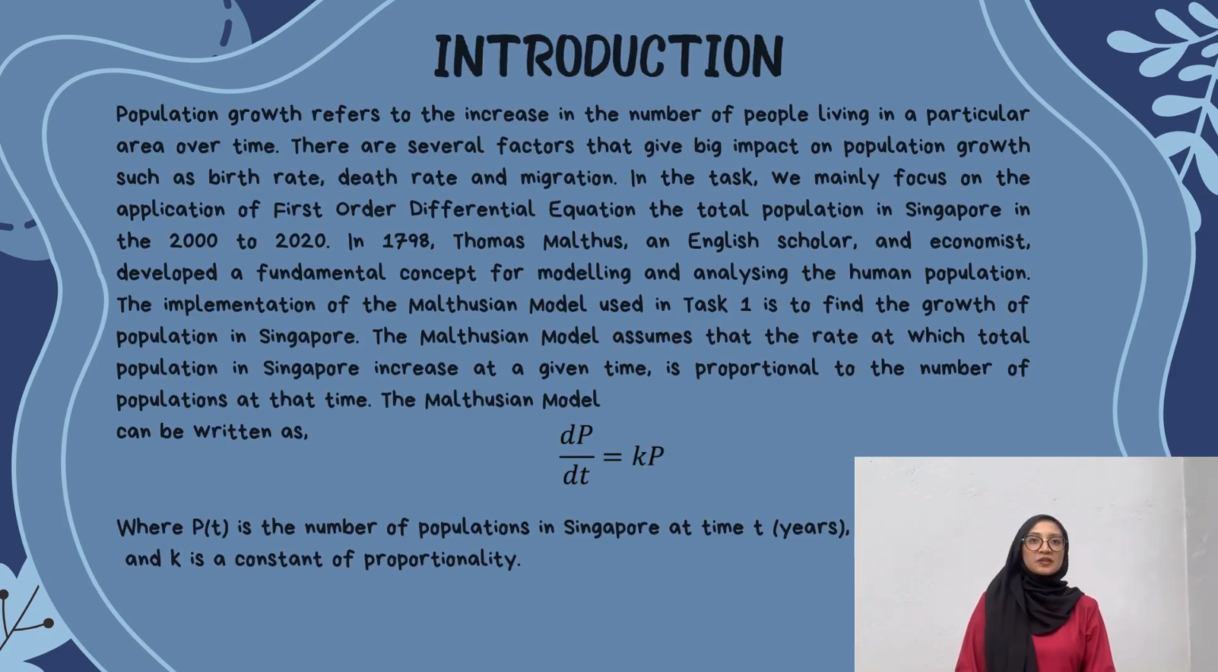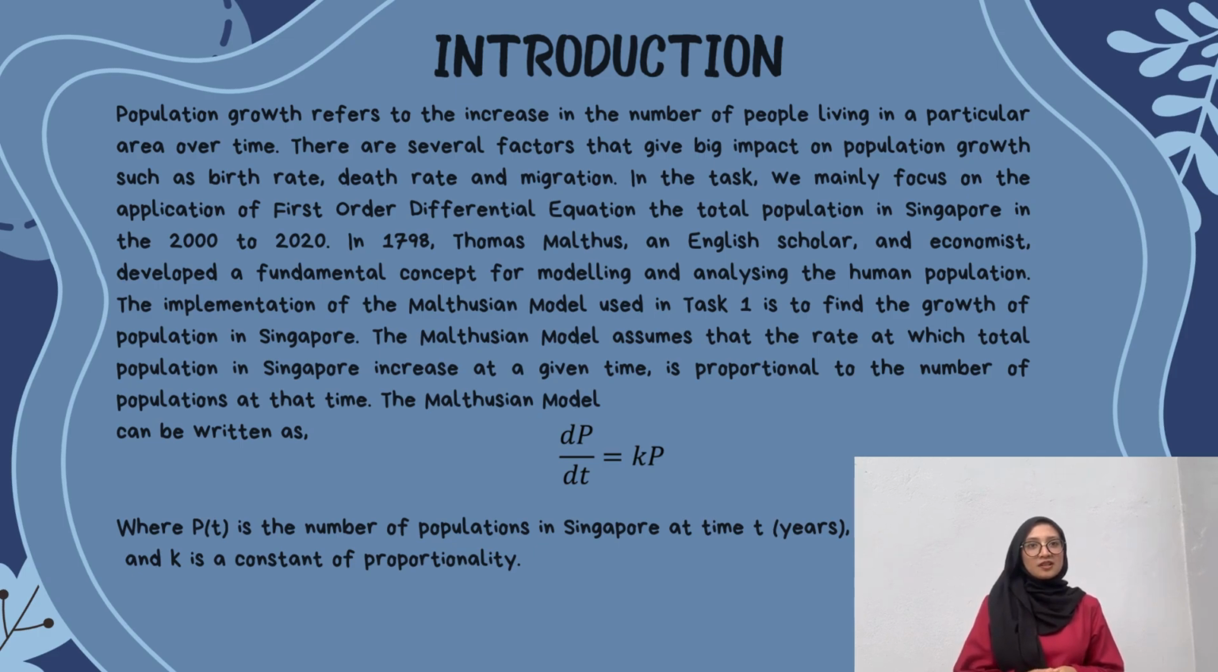Population growth refers to the increase in the number of people living in a particular area over time. There are several factors that have a big impact on population growth, such as birth rate, death rate, and migration. In the task, we mainly focus on the application of first-order differential equations to the total population in Singapore from 2000 to 2020. In 1798, Thomas Malthus, an English scholar and economist, developed a fundamental concept for modeling and analyzing